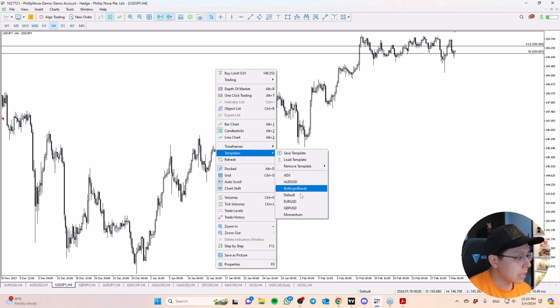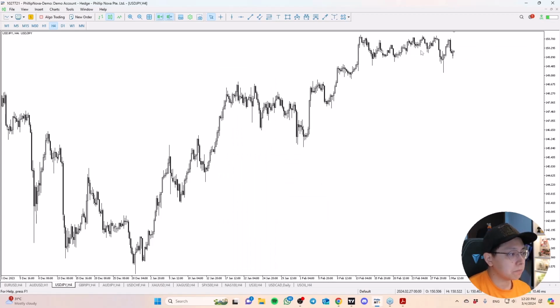If I jump into, let's say, dollar yen, would I be interested to trade dollar yen at the moment? Not really. You have a clear pattern, but I kind of skipped forward a little bit already. We have a clear pattern, but the context tells me that this is a trade that I definitely wouldn't want to be focusing on in the near term, at least for this week. It's not something I want to look into.